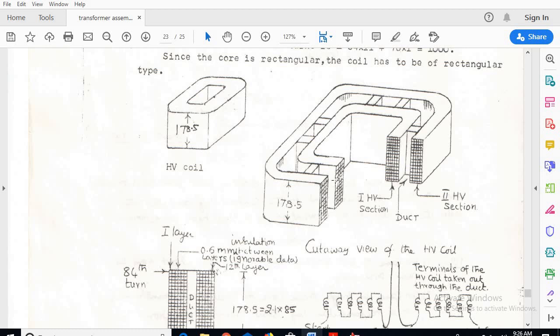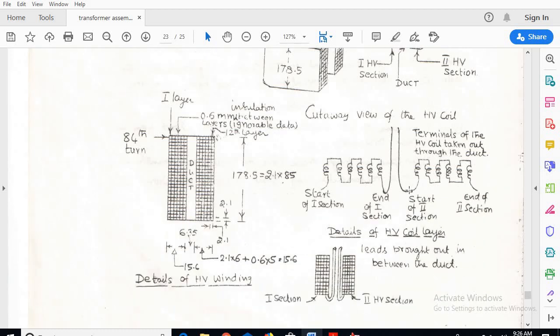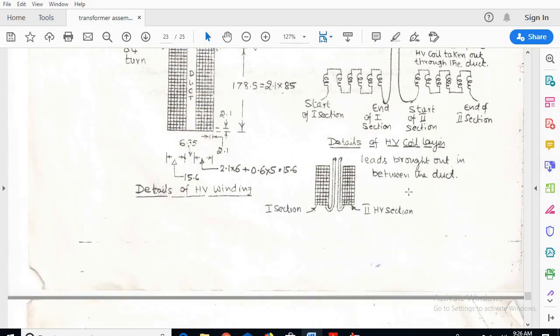If I go for the cut section, I can see the two layers: this is the first layer and this is the second layer of the HV section, and in the middle is the duct. This is the cut sectional view of the HV coil. Similarly for the LV coil, this is the first section and this is the second section, and between them the leads are brought out through the ducts.